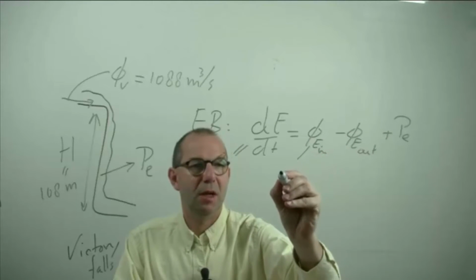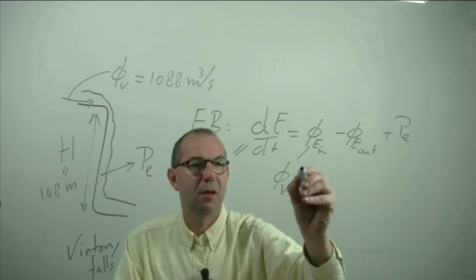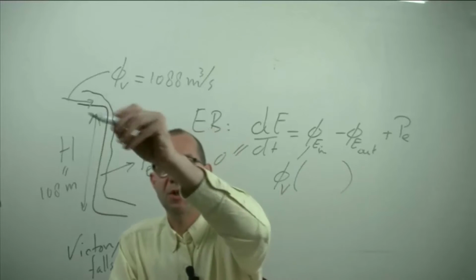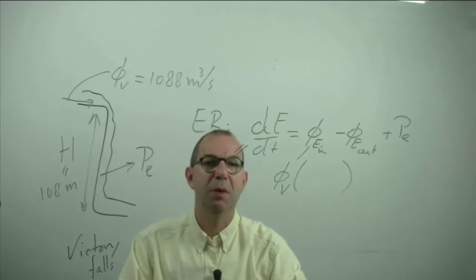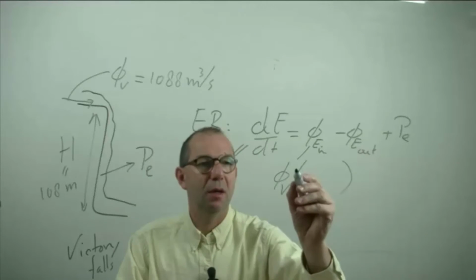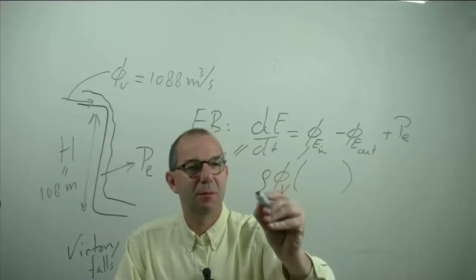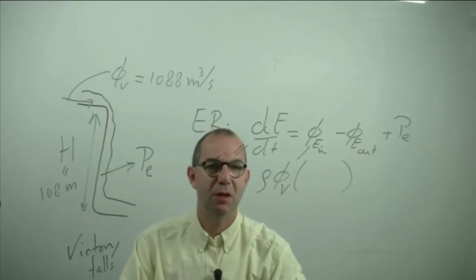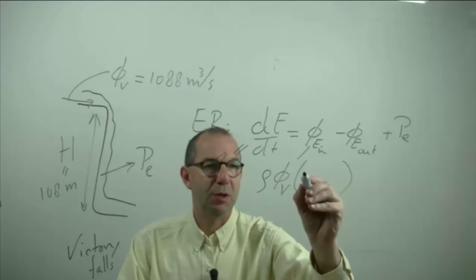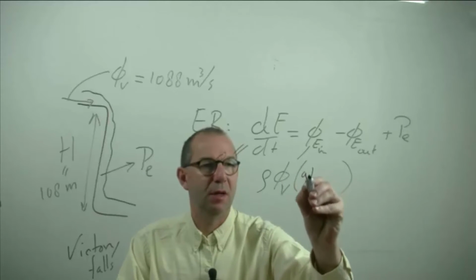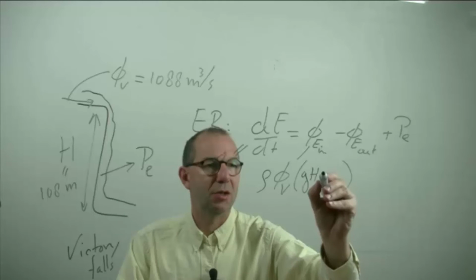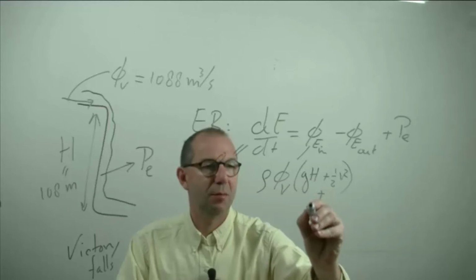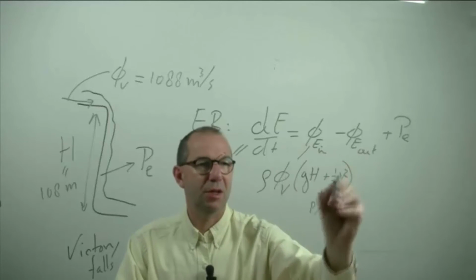This can be written as the flow rate times the energy concentration. And I need to fill in here how much energy a cubic meter contains. Well, I can do that easier per kilogram. So I turn this into a mass flow rate, and then the amount of energy per unit of mass. It has potential energy, gH. It has kinetic energy. It has pressure energy. These are the amounts that come in.